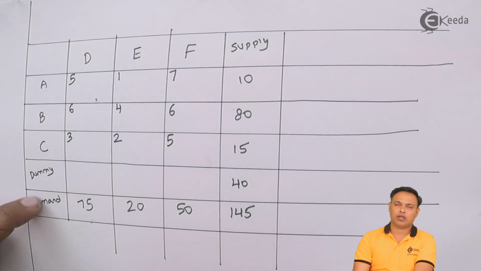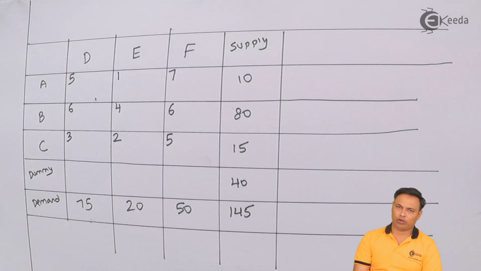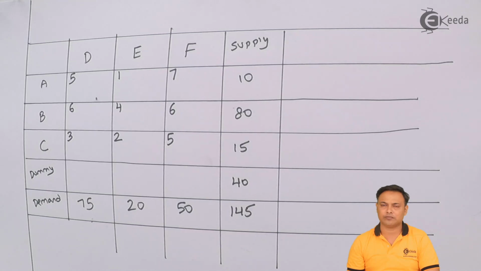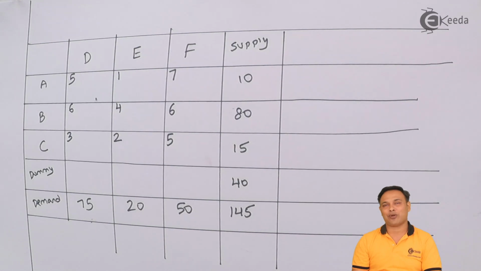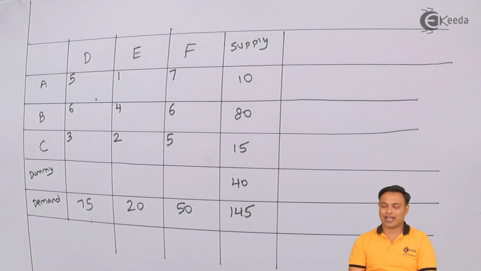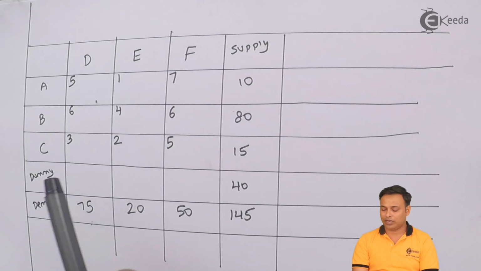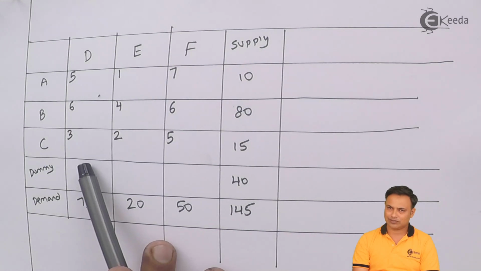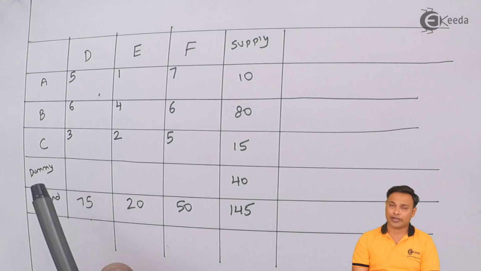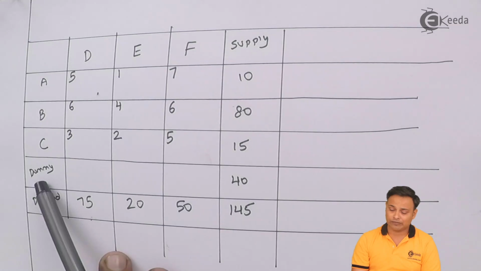Now friends, generally we always introduce a dummy in the row or the column with a cost of 0, because at dummy there won't be any allocation. Dummy is only an imaginary factory or an imaginary row and column which helps us to solve the problem. So technically the final solution will never contain the dummy, or else I should say dummy is not going to supply anything. So in case I make an allocation from dummy to D, there won't be any allocation. That means that much quantity of demand won't be satisfied in that particular